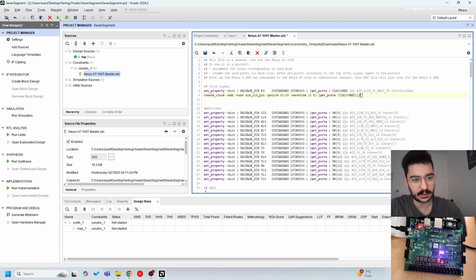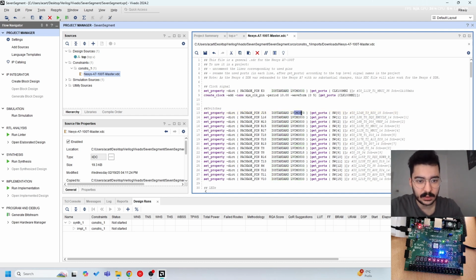So this is helpful, but it's out of the scope. You can just use it. And for each port that you will use, each pin that you want to assign, you use this set property directive, and then you specify in a dictionary manner package pin. This pin corresponds to this chip's pinlet. So in that package, J15 corresponds to a pin that is on the chip, and this IO standard specifies that